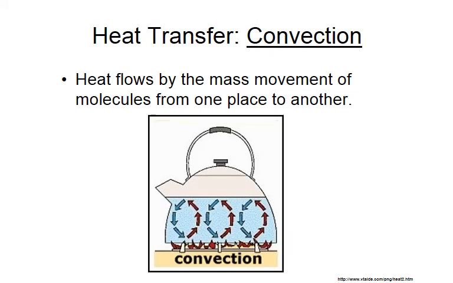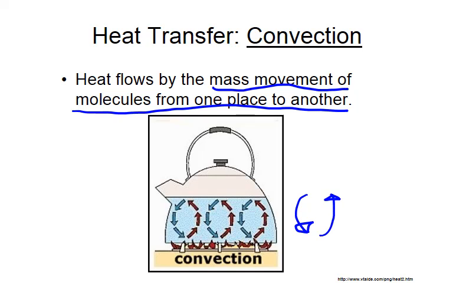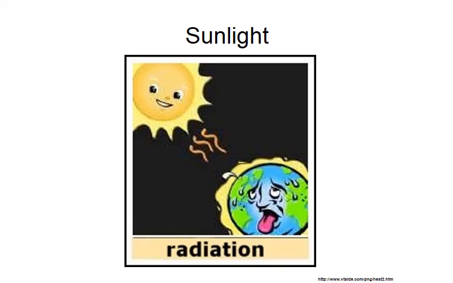The major difference here with convection is that convection is the mass movement of molecules from one place to another. And so, we have the cool water descending, the warm water rising, and we get that mass movement, and the energy is transferred. And then the last one is radiation, and with radiation, obviously, the electromagnetic rays are heating up